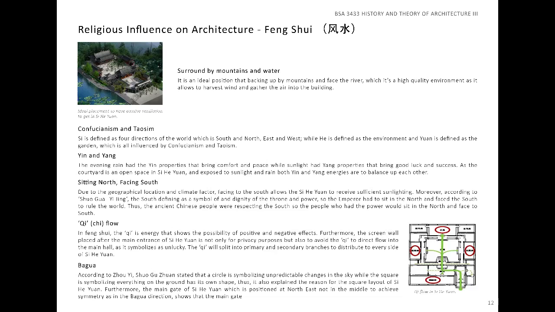Ba Gua. According to Zhou Yi, Shuo Gua Zhuan stated that a circle symbolizes unpredictable changes in the sky, while the square symbolizes that everything on the ground has its own shape. Thus, it also explained the reason for the square layout of Siheyuan. Furthermore, the main gate of Siheyuan, which is positioned at the northeast, not in the middle, to achieve symmetry as in the Ba Gua direction, shows that the main gate